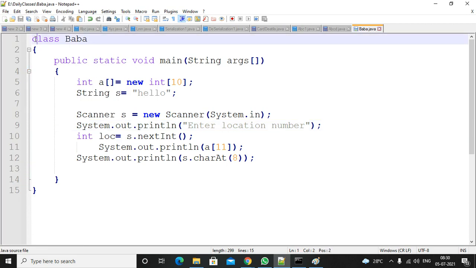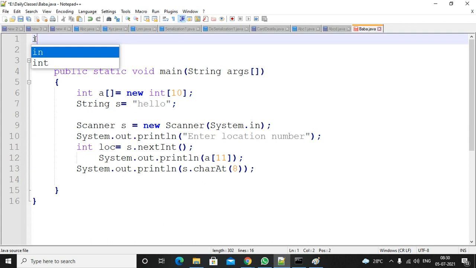So I will try to get the value from the user.